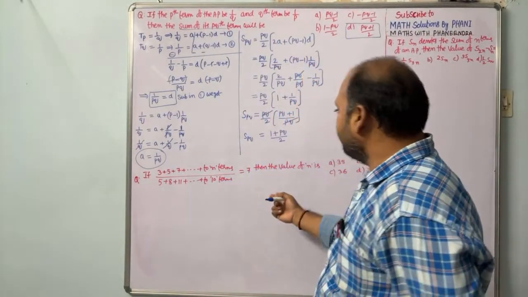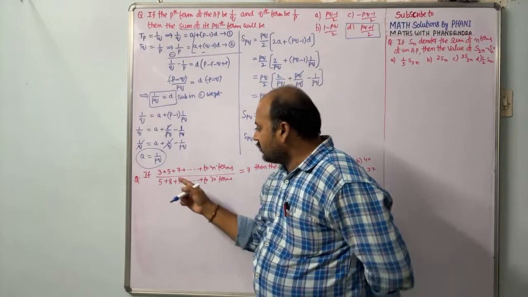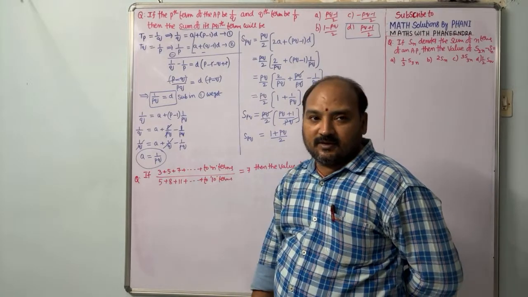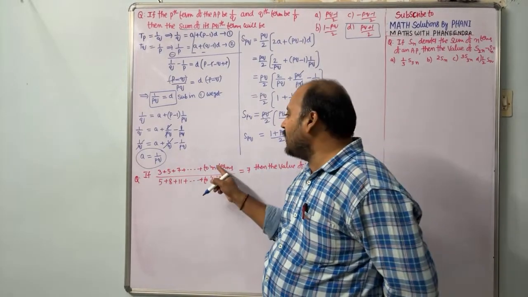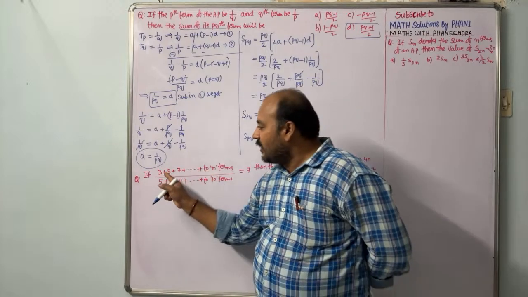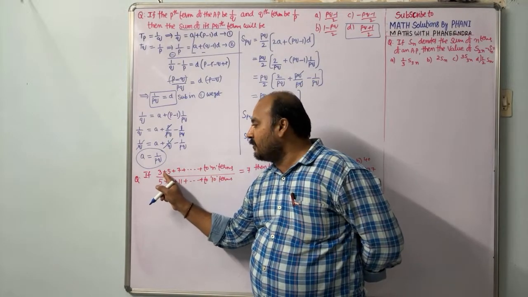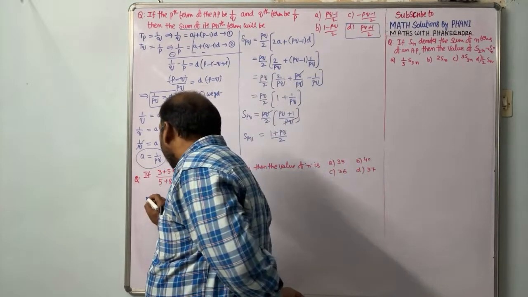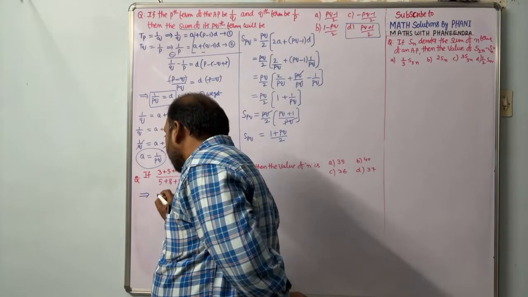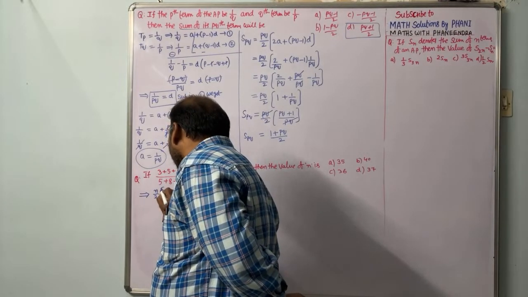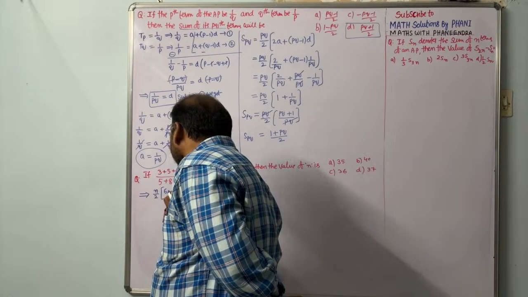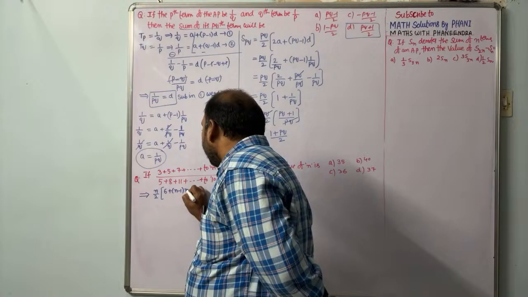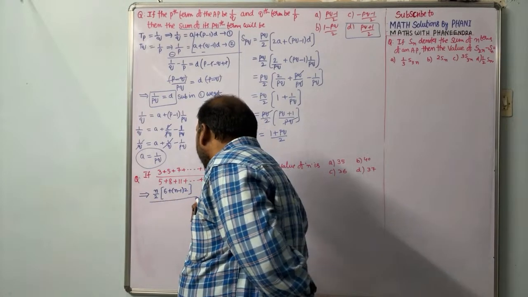Now we'll move to another question. Here 3 plus 5 plus 7 plus and so on, n terms is there. So what we have to do is sum to n terms of the series. By observing the numerator, the first term is a, the common difference is 2. So the numerator value we are writing, directly I am writing this, n by 2 into (2a, that means 6, plus (n minus 1) into the common difference 2), whole divided by